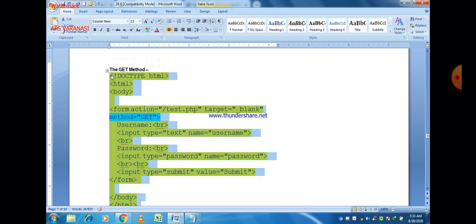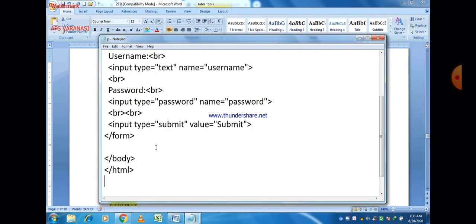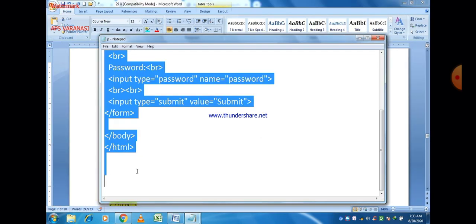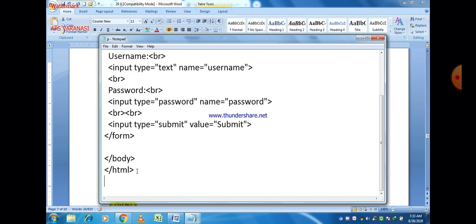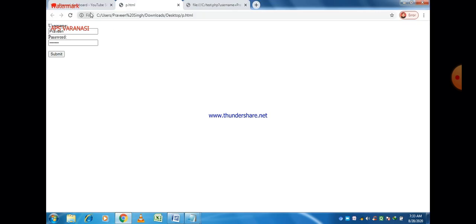Let us execute this program and see what happens after the execution. You can understand the use of get and post. First of all, the program related to get, you can easily see here.